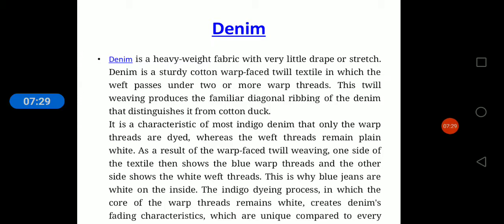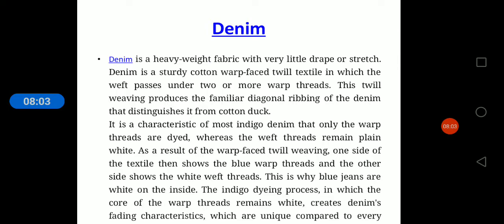Denim is a sturdy cotton warp-based twill textile in which the weft passes under two or more warp threads. This weaving procedure creates the familiar diagonal ribbing of denim that distinguishes it from cotton duck. It is a characteristic of most indigo denim that only the warp threads are dyed, whereas the weft threads remain plain and white. As a result of the warp-faced twill weaving, one side of the textile then shows the